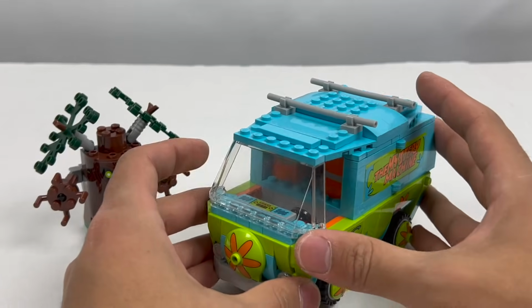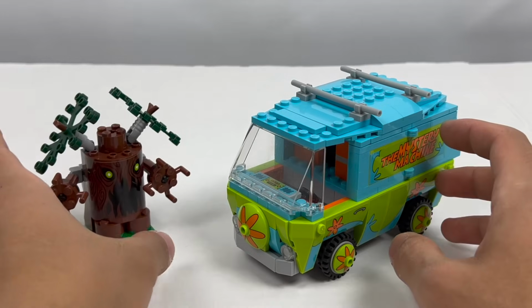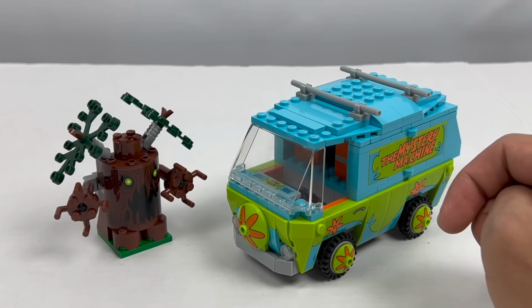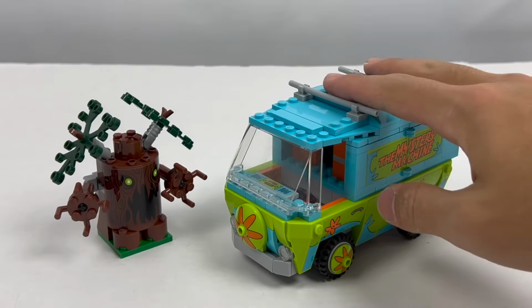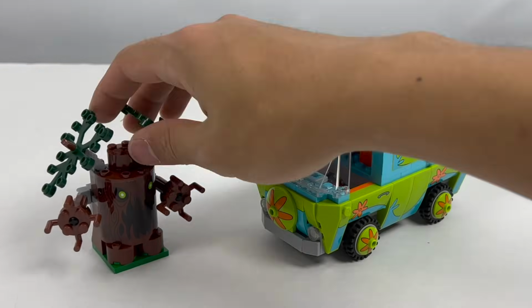I am again regretting not getting the other LEGO Scooby-Doo sets. Maybe sometime down the line I will own them all. The only other one I own is the largest one, which was the Vampire Manor or the Haunted House. Everything else I do not own yet, so I will own them at some point. Looking forward to that, but as it is right now, this is just the standard Mystery Machine, which also came